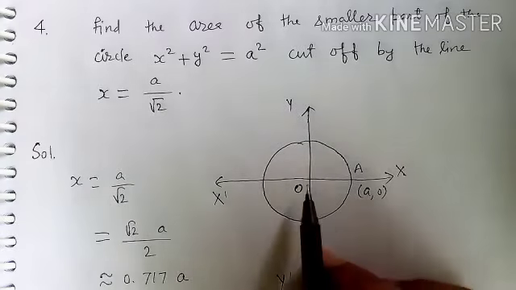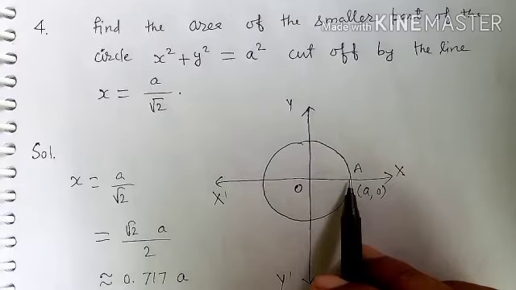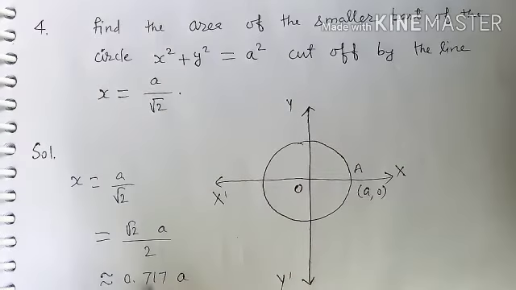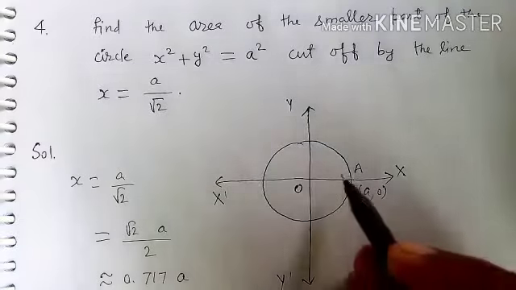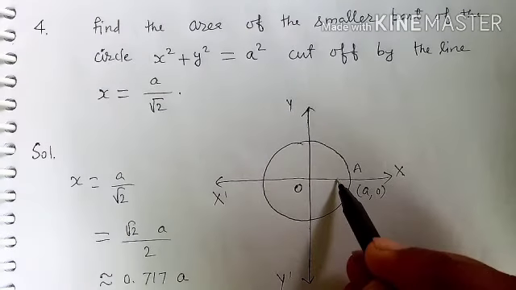So from here to here, the length of OA is a, and the a by root 2 is 0.717 a. It means that it will be more than 0.5 a. So more after half of OA,